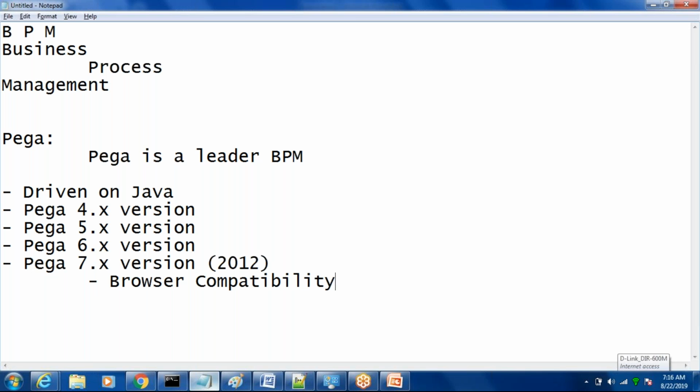What is browser compatibility? Basically, it is supporting all the browsers. Till 6.x, it only supported Internet Explorer, and that too IE 8 or lower. But when 7.x was introduced, it supported all browsers, including mobile browsers like Safari and all.